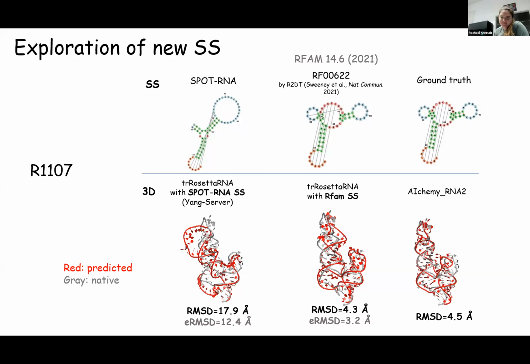Cool, thanks. But the prediction by SPOT-RNA is not accurate for these targets. You can see here, the prediction is wrong, so that makes the 3D structure prediction bad for this target. By improving the secondary structure, you can see we can get better 3D structure prediction. I think this story is similar to the human group: they improve the secondary structure, then get a better 3D structure. But this information is not available to this AI-based automated prediction.